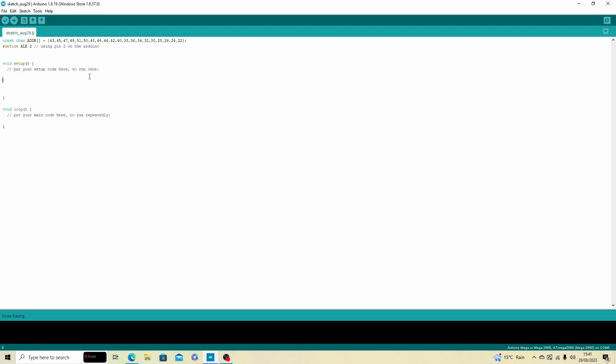Now, what I'll need to do is initialize those pins to be digital inputs. So the easiest way to do that is write a little loop. And within that loop, we're going to use the Arduino function pinMode.